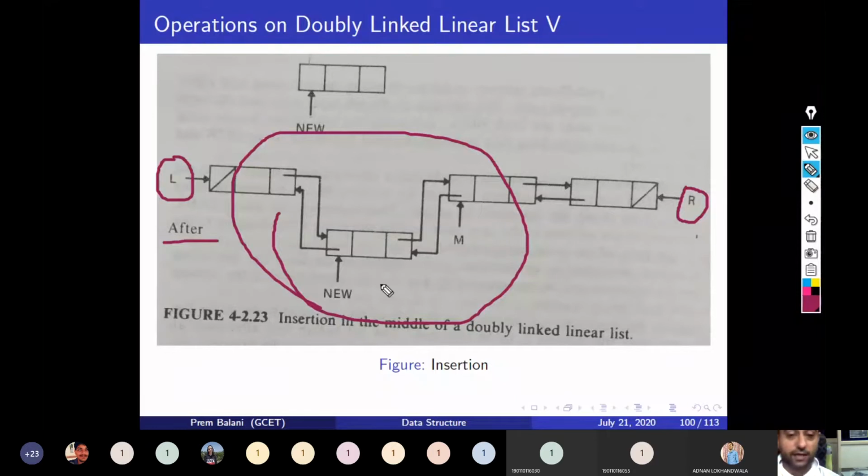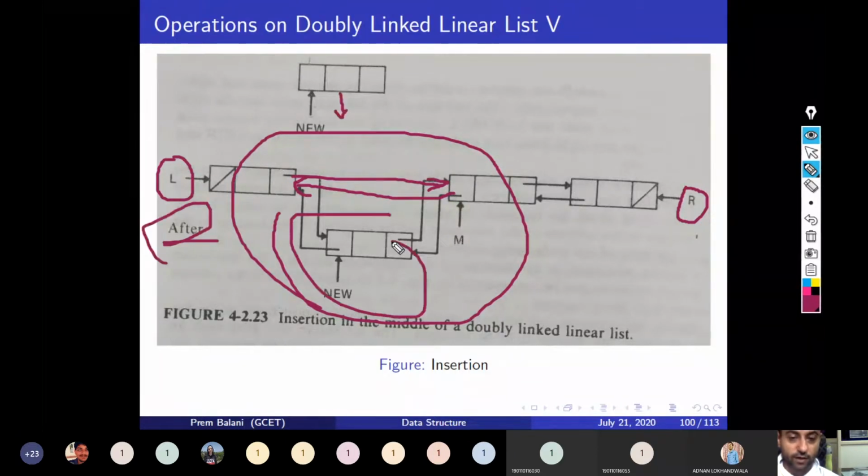Initially, it was like this. This was pointing to the next node, and this was pointing to the previous node. But after inserting this new node, we got this structure, right?